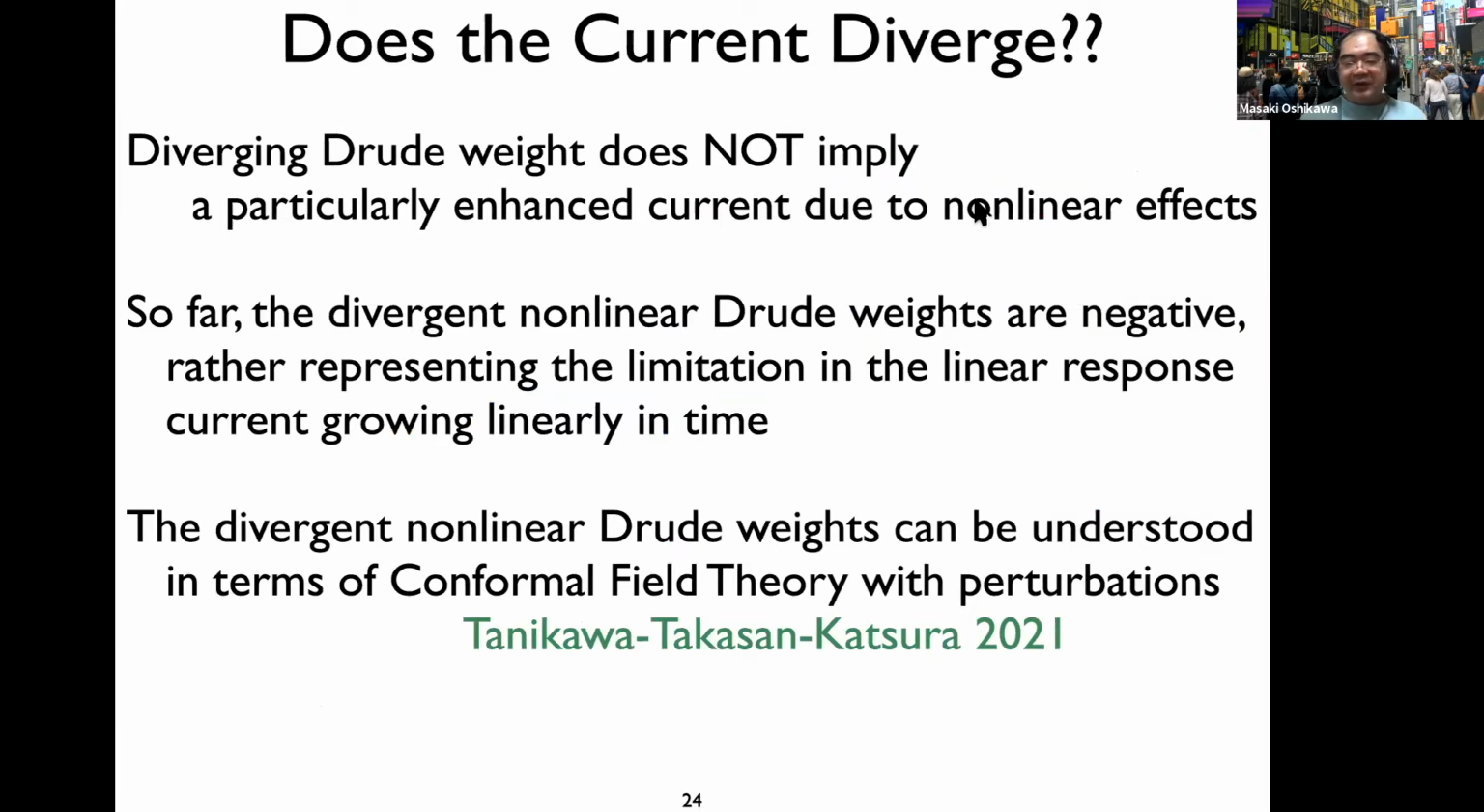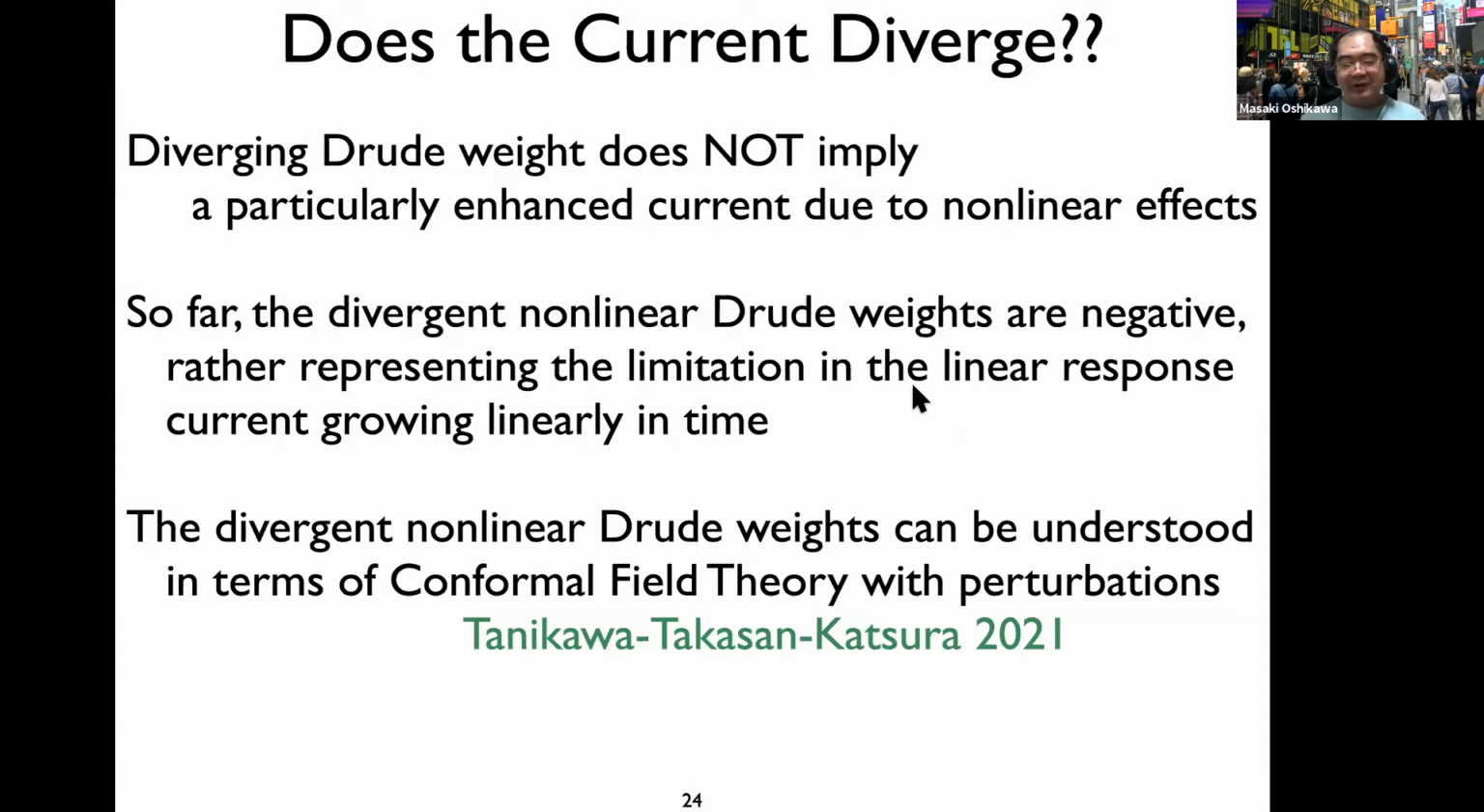So we find that we can define a nonlinear Drude weight, and in some 1D systems we can even calculate this exactly, which is nice, but they show some divergence in some range of parameters, which is rather mysterious. But it does not imply that the current response actually diverges, I think,